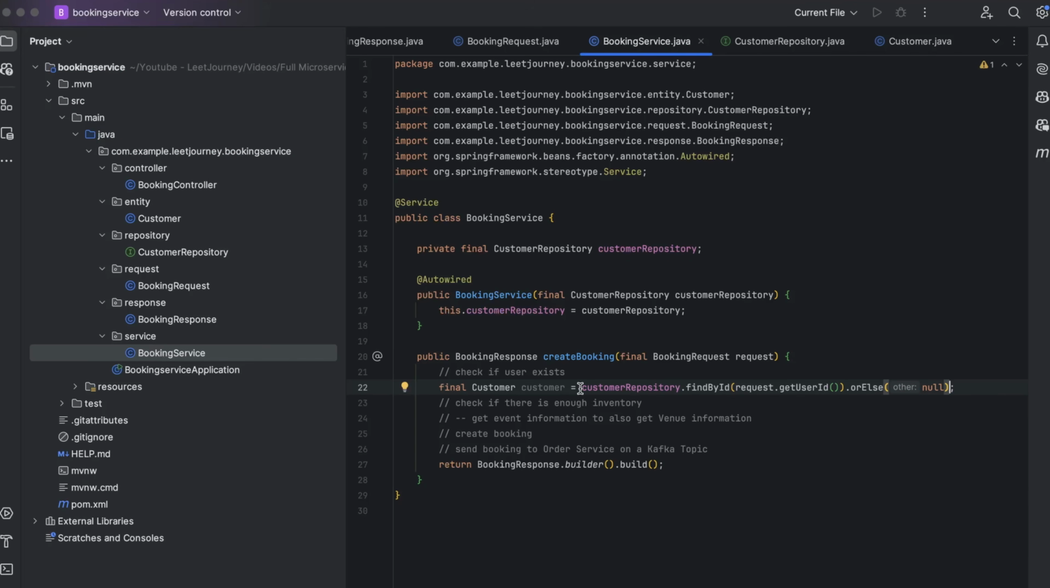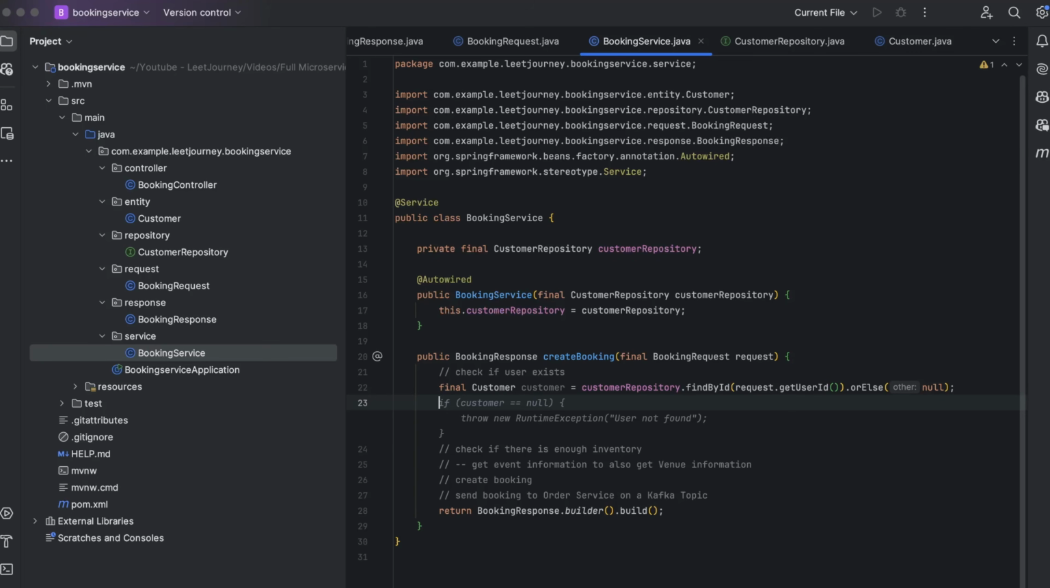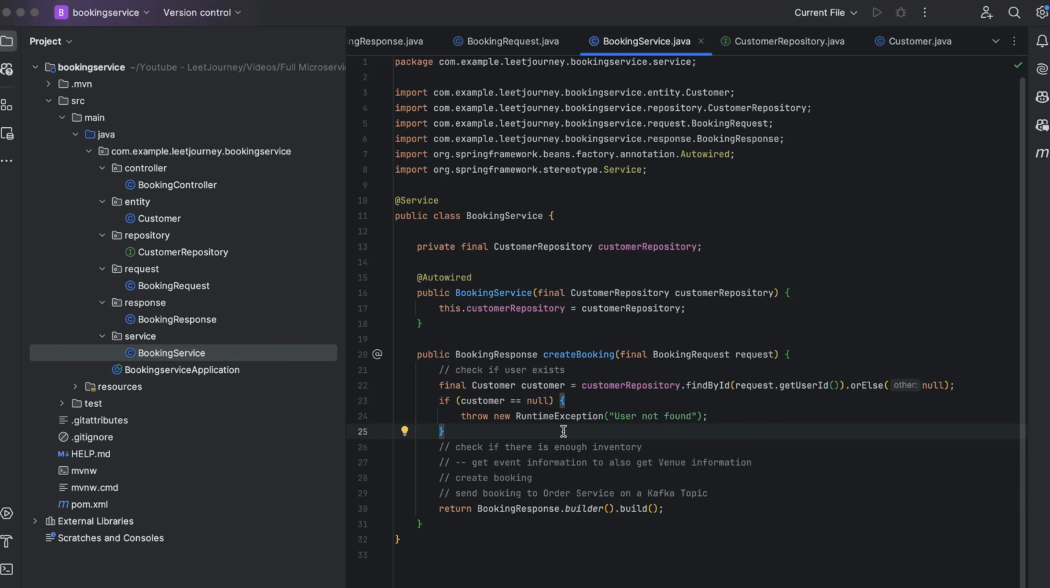So if this customer does not exist, we'll just return null. If customer is null, we can throw a runtime exception. If you're following the logic, we'll check if the customer exists. If it doesn't exist, the repository will return a null and we'll simply throw an error saying user not found. If the customer does exist, next thing we need to do is to check if we have enough tickets to